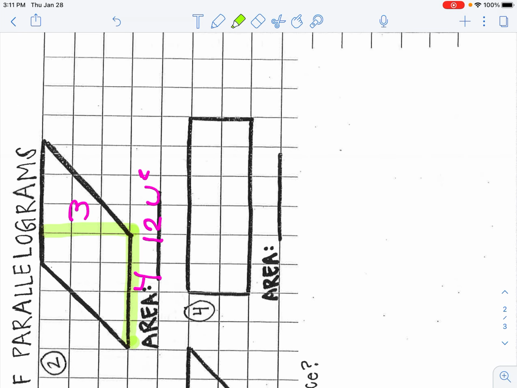And the last one, our base is 1, 2, 3, 4, 5, 6 by 2. 6 times 2 is 12